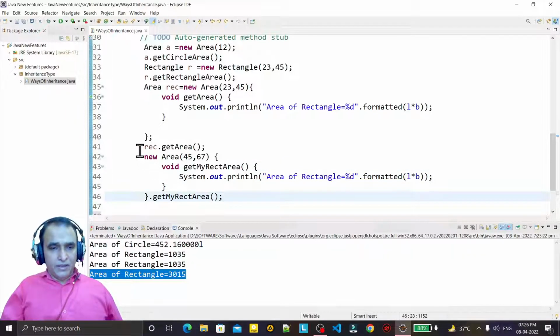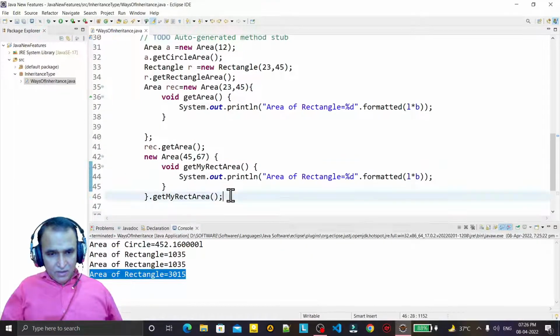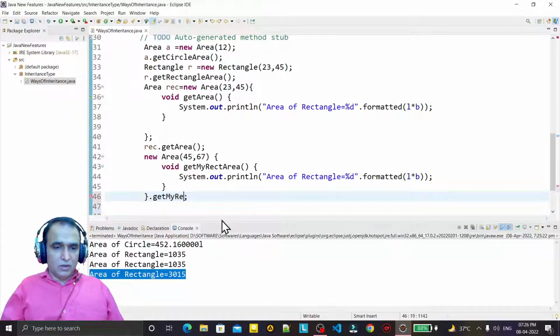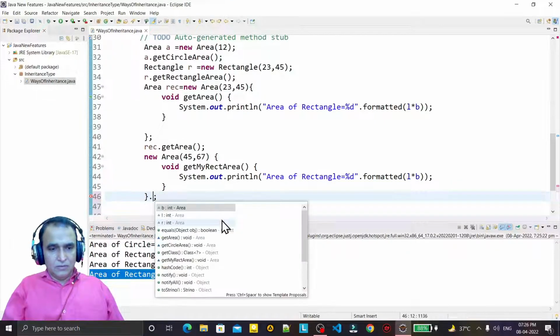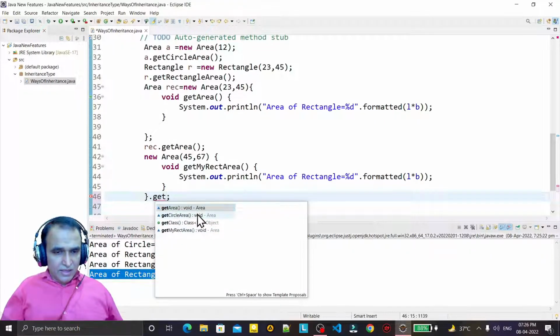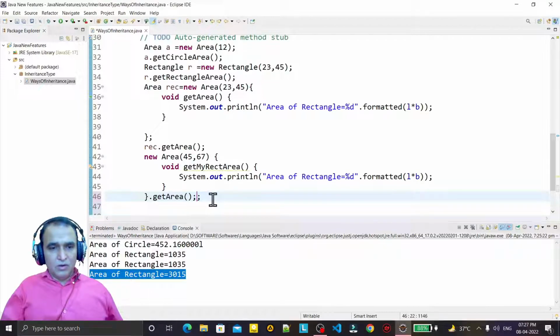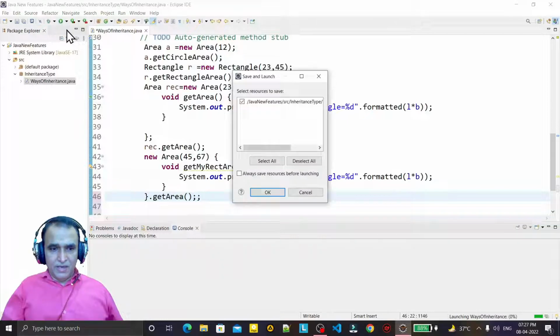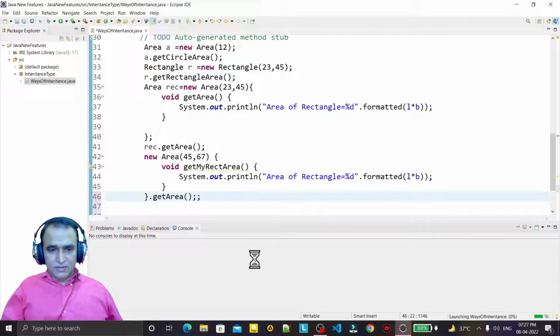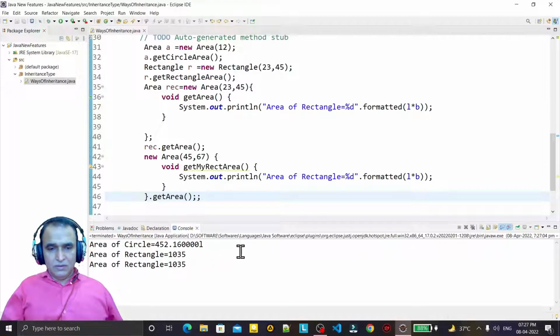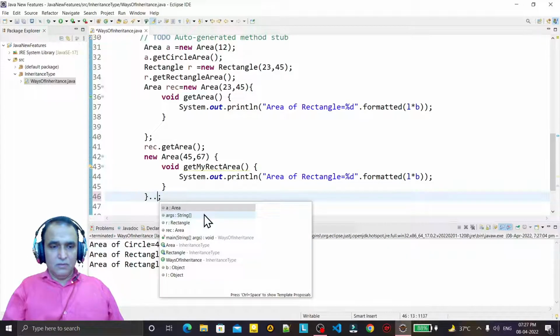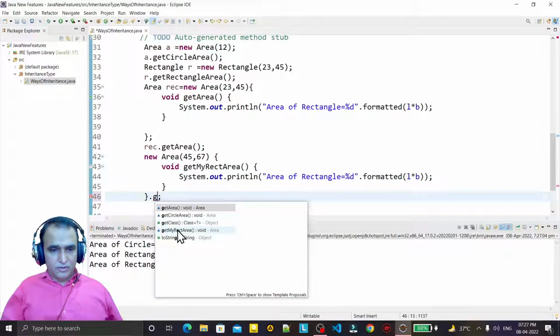But one drawback in this process is that we can create only this one function and we can call one function at a time. If I want to call another, I can call another also like this, dot get. All functions are coming, getArea is coming, getCircle is coming, so I can call this function also, that is already implemented in the superclass, you see, like this. But no need, we are not calling this function, but here we need to call dot getMyArea.